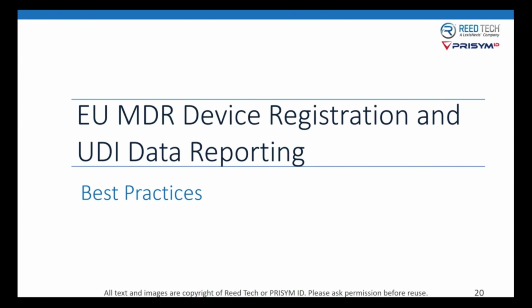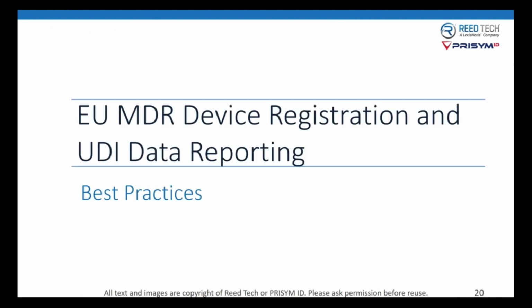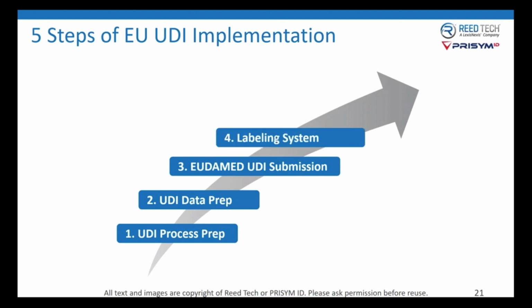5 steps for EU UDI implementation: setting up the process, preparing your data, UDIMED UDI submission, all of which needs to be in place, then setting up and activating your labeling system, and then going into full operation. There are some details under each one of those, and again, for time, I don't think I'll spend the time to go into each of these sub-bullets,